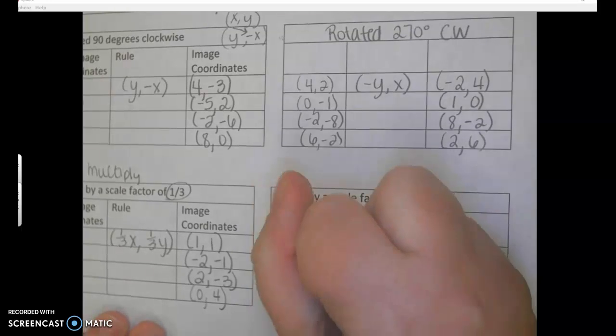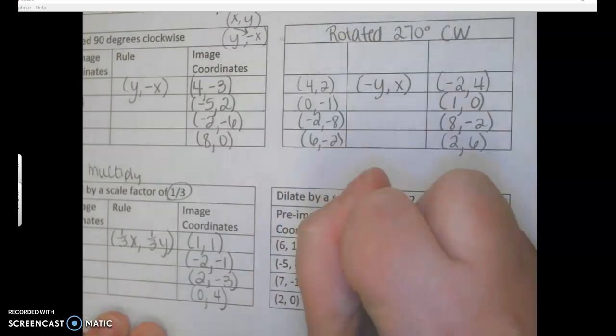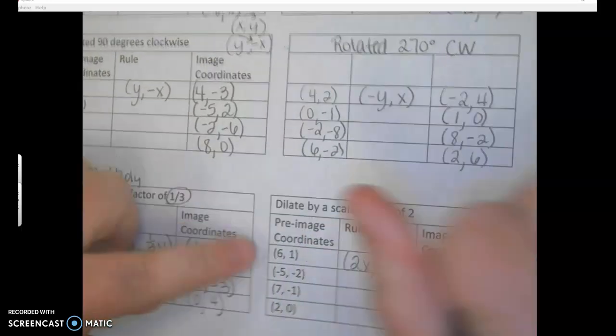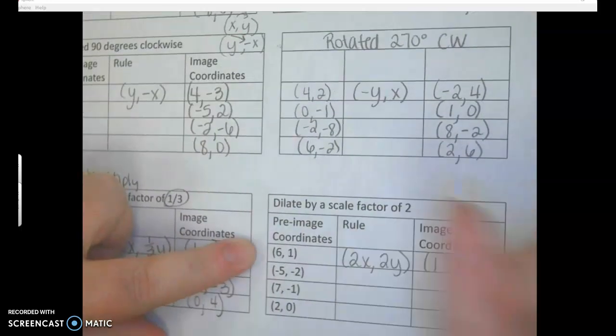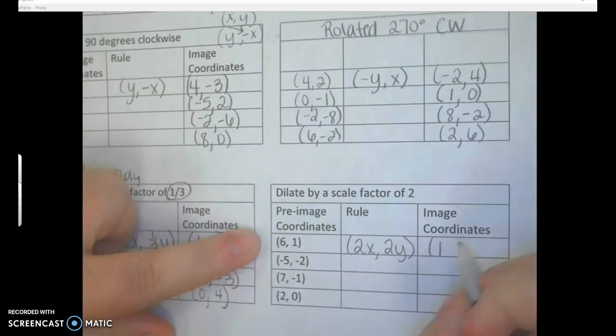All right, so you should have done it by now. So you should have 2x, 2y. So I'm going to multiply these all by 2. So 12, 2, negative 10,